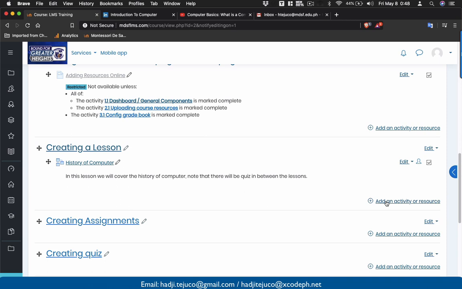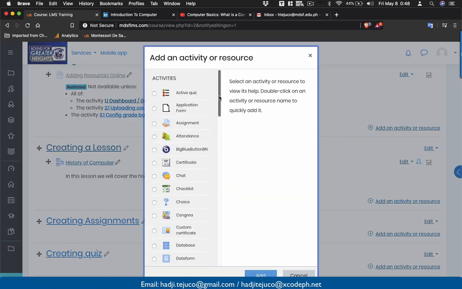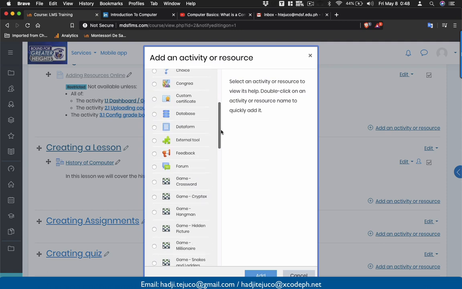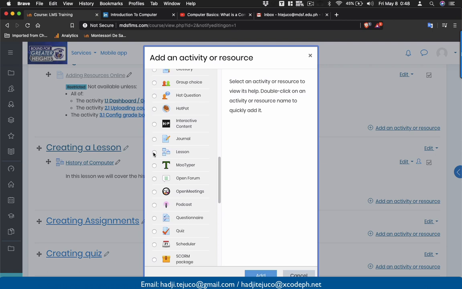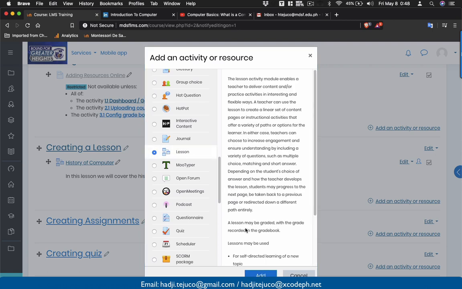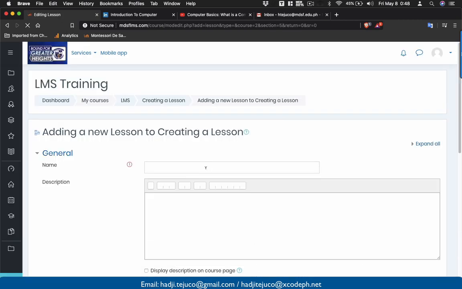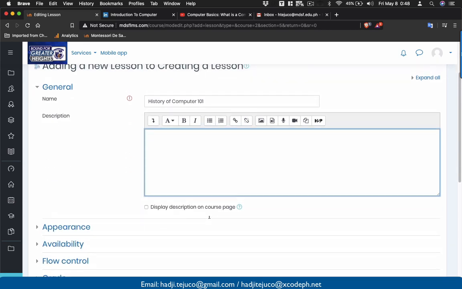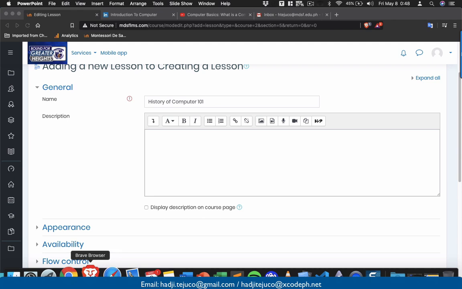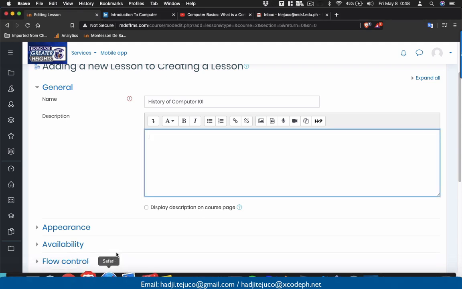We click here, add an activity or resource. We look for lesson. This is the object that we need. So lesson here, then click add. The first thing that we have to do is give the lesson a name. Let's give it History of Computer 101. And then here will be the description. Now, like I mentioned before, let's say we go back to our